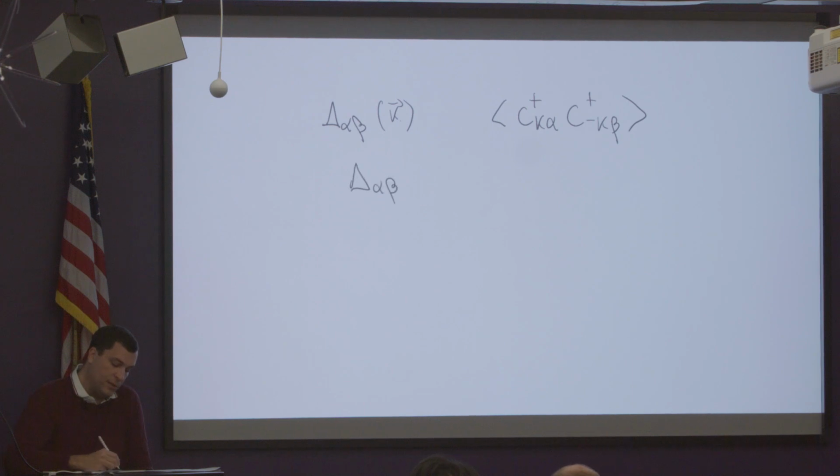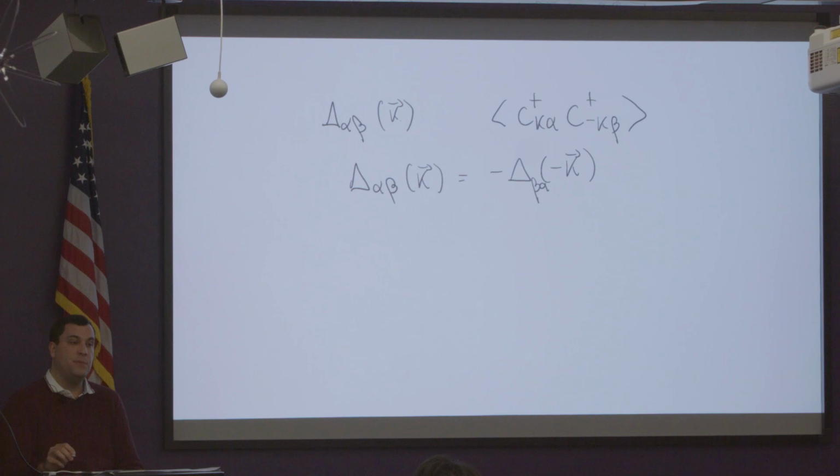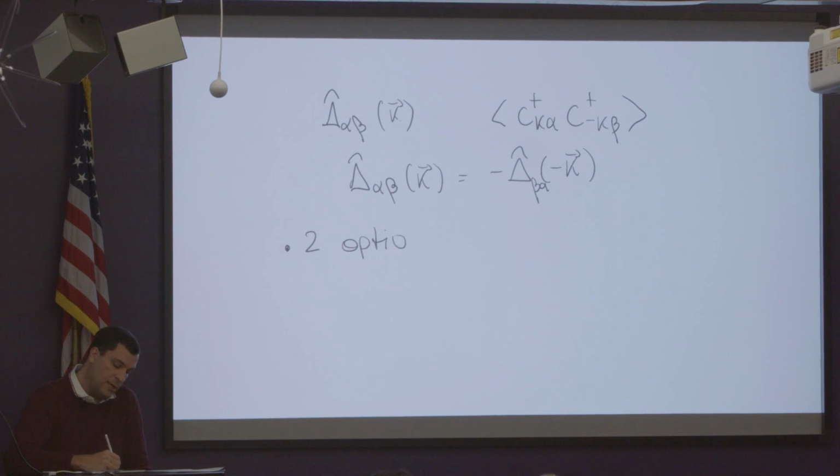What we know for sure is that if I change k to minus k and alpha beta to beta alpha, I'm going to put this as a matrix, so it's clear that this is a matrix in spin space. The anti-commutation relations of the fermions have to give me this result, okay? And then there are essentially 2 options, right? One option is, and I'm going to assume that parity is a good quantum number, and so is spin,